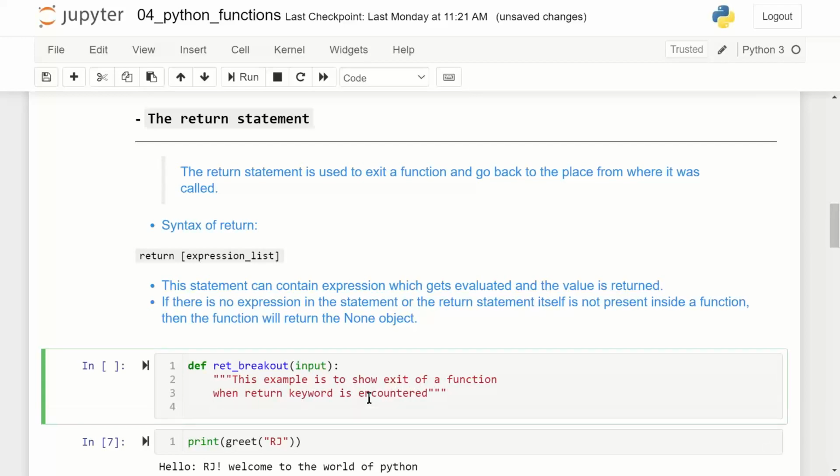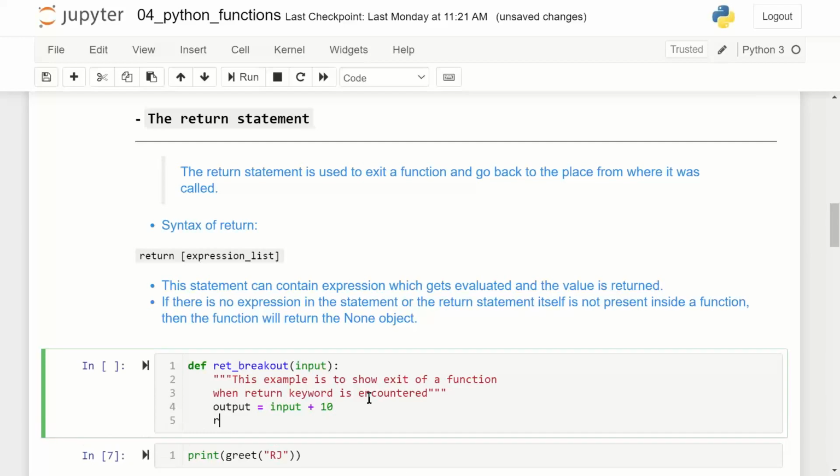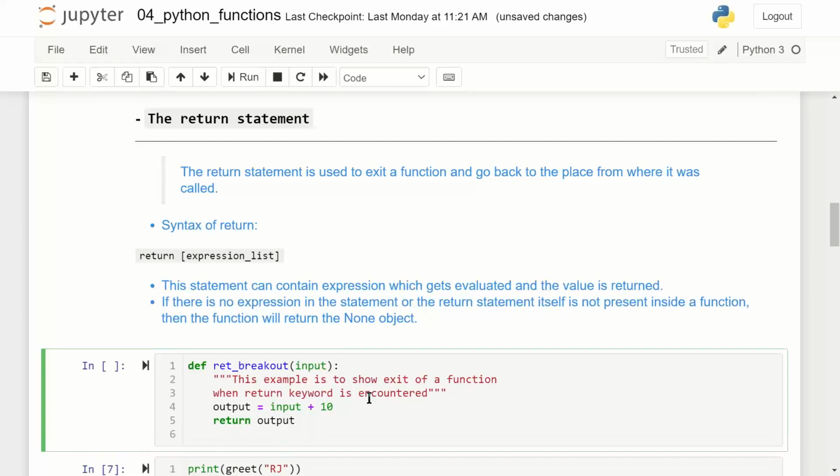So here what I'm doing is output is equal to input plus 10. I'm just making some, and here I'm saying return output, and the moment I say return output, you see automatically the cursor has indented like this. Okay,